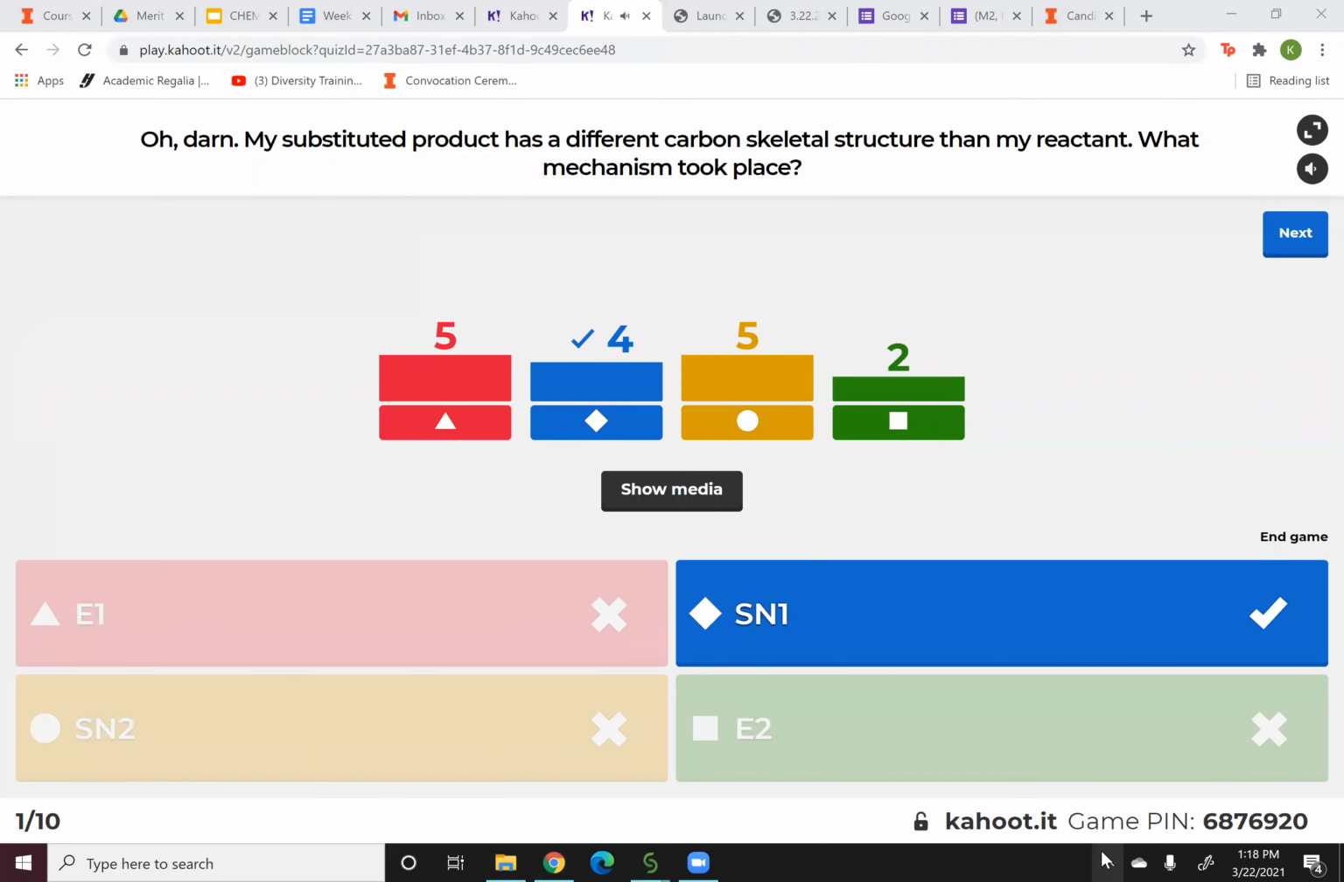All right, so we have a pretty broad diversity of answers. Does anybody want to argue for their answer choice? Yeah. So this is substituted, either SN1 or SN2 substitution, and then if it's changing the skeletal structure, I think it's